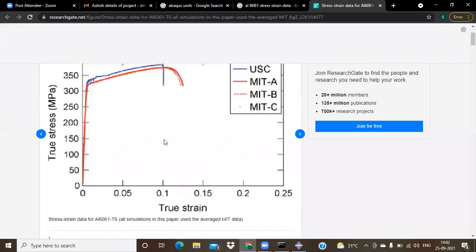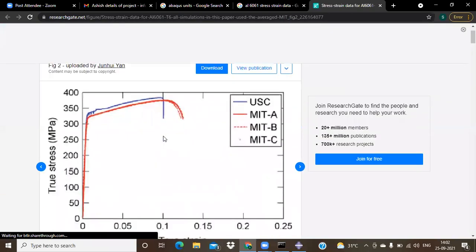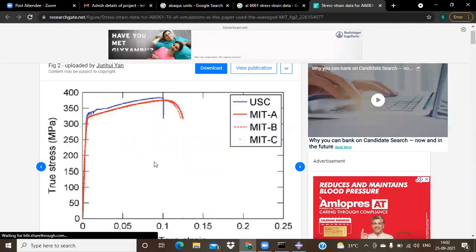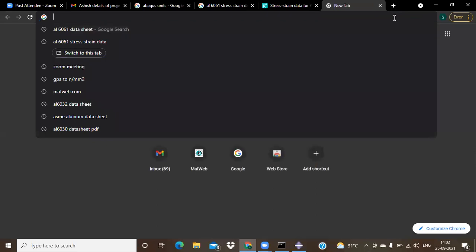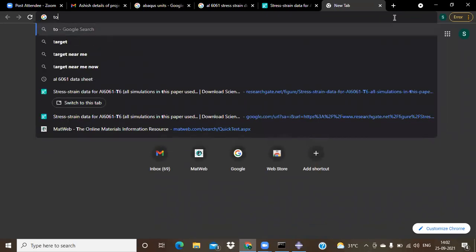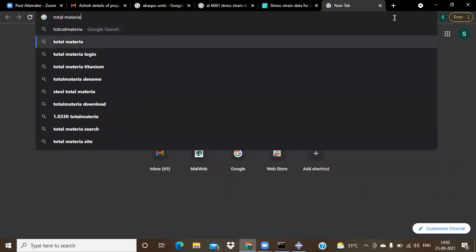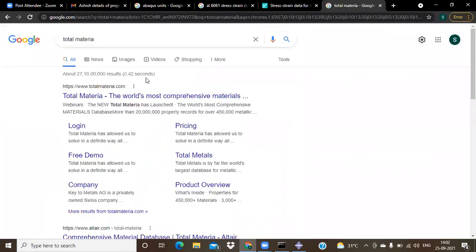Now I have this particular curve. Maybe in my data sheets or somewhere else I got a similar kind of curve. So you have to do a lot of survey, guys. But for 30 days or 5 logins, I think you'll get this account. So total material, you just try on this total material.